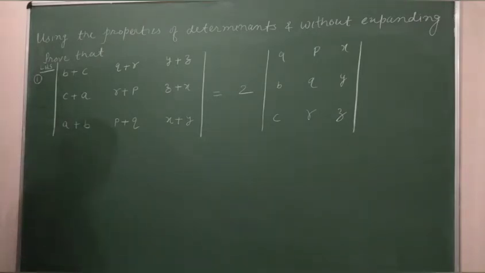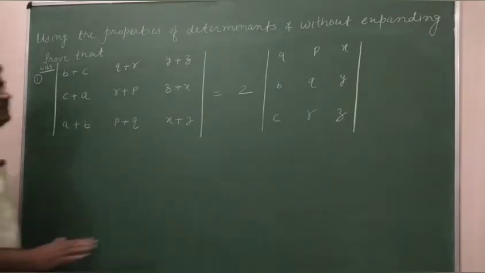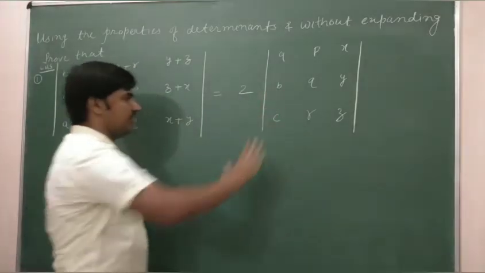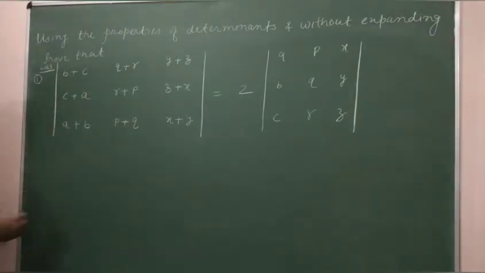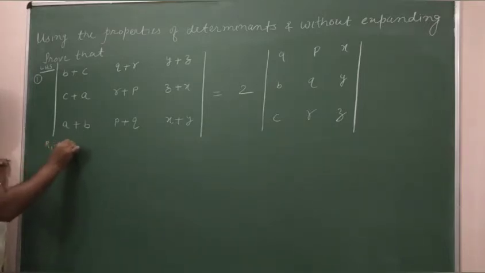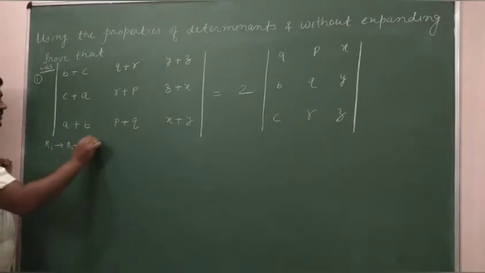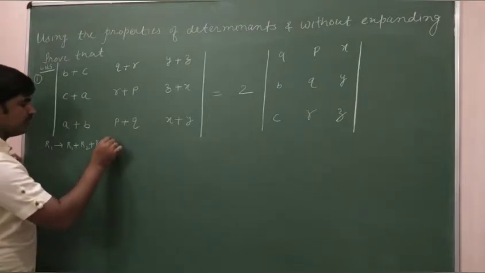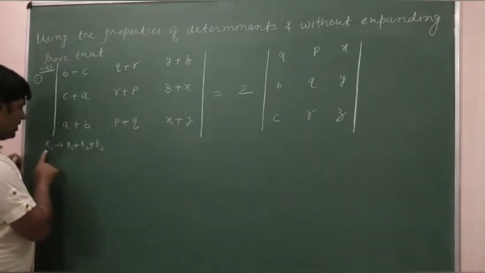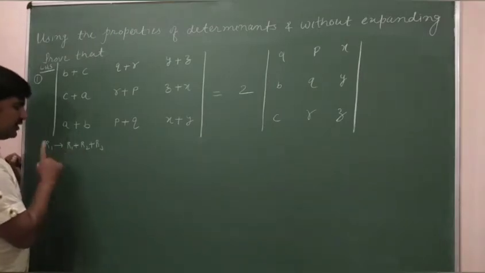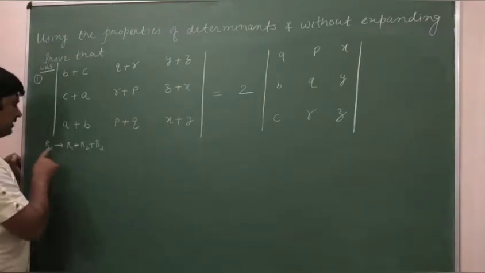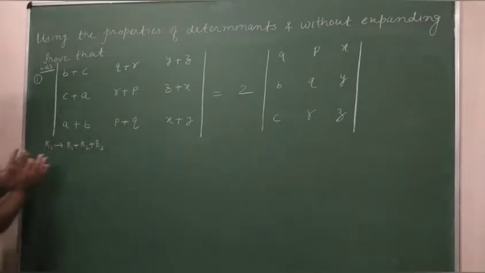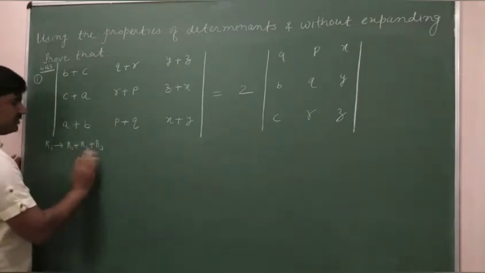So dear students, you can keep in your mind what the determinant is. I will clean this. So LHS I have taken, and now the property that I am going to use here is R1 plus R2 plus R3. Dear students, this is the combination of two properties, R1 replaced by R1 plus R2, and then after that R1 plus R3. This can together be written as R1 can be replaced by R1 plus R2 plus R3.